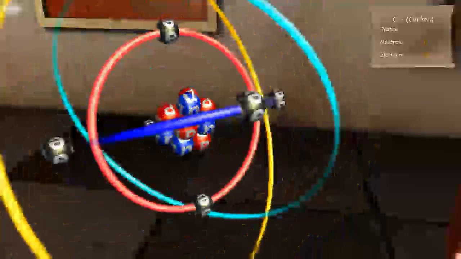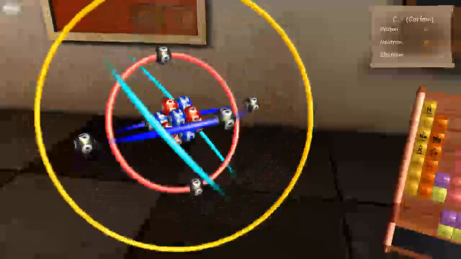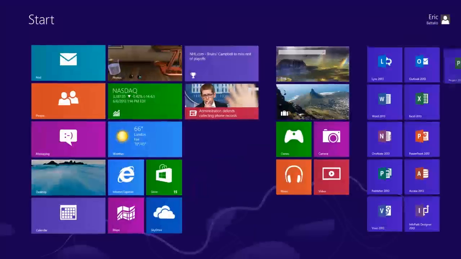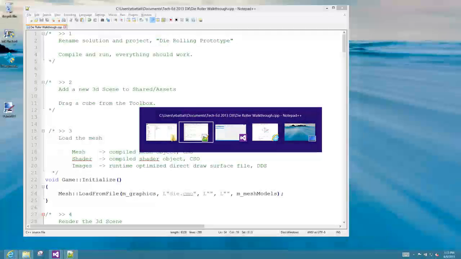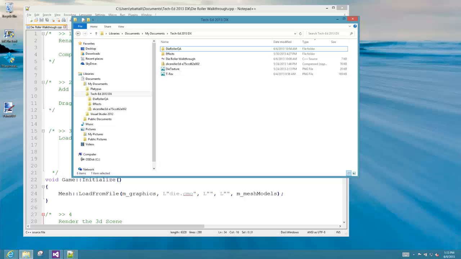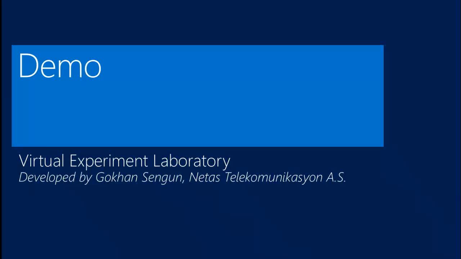I can check out the atomic structure here. So neat. So that's an example